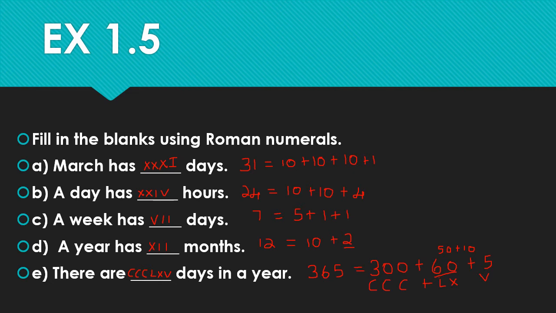So now we don't have the symbol for 300. We have the symbol only for 100. So what is the symbol for 100? That is C. So you have to write 3 times C, 300, plus